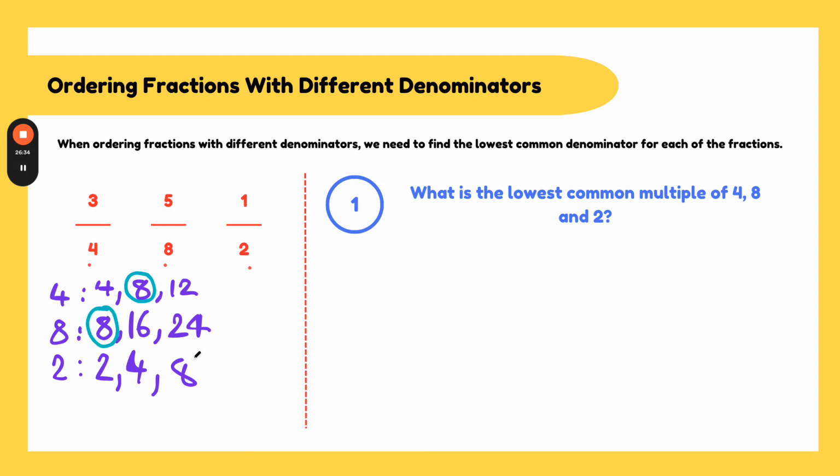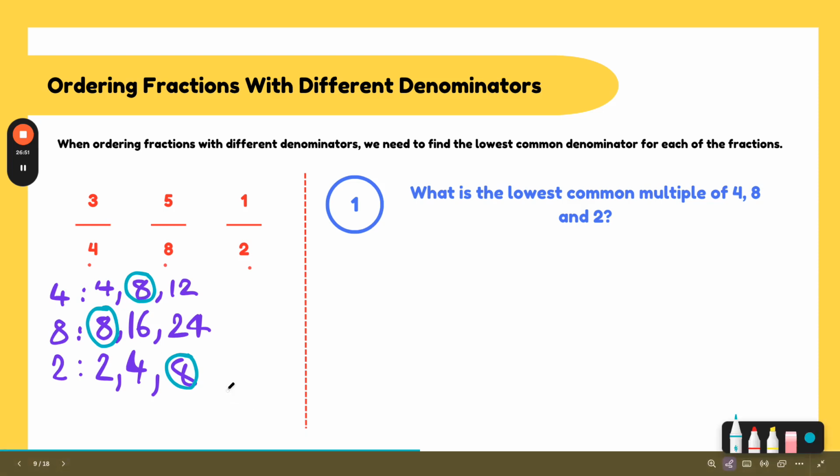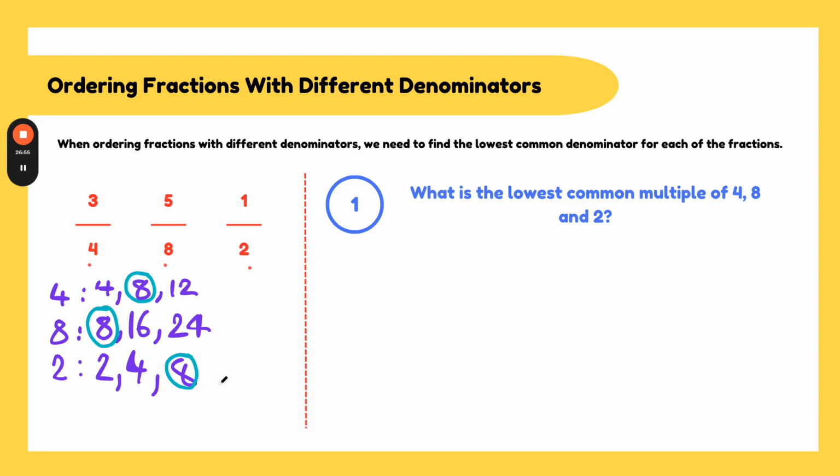Because 8 is both a multiple of 4, 8, and 2, i.e. it is in the 4 times table, 8 times table, and 2 times table, and it's the lowest number, which is a multiple of all 3 numbers, which is why it is our LCM, or lowest